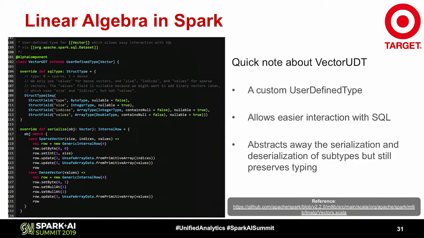I'll probably skip through this because I just talked about it. But here's a code snippet I grabbed from the actual Spark source code. There's a reference there that just dumps what the vector UDT looks like. You can see it manages the serialization and also the deserialization that you don't see. It's basically managing those finer types itself, so it knows how to serialize those and then grab them back out, but still operate at a high vector level.